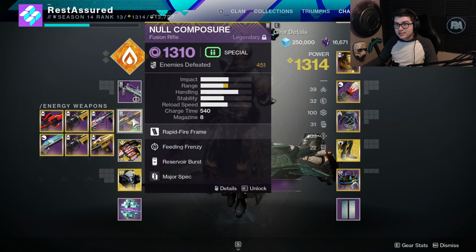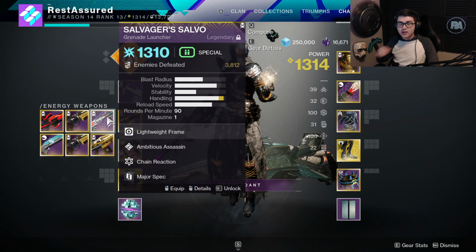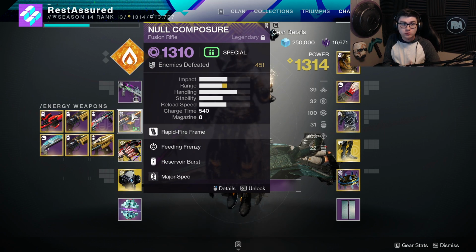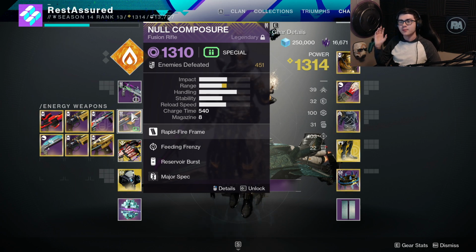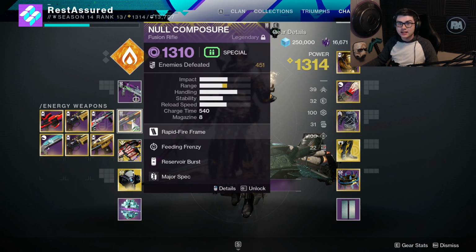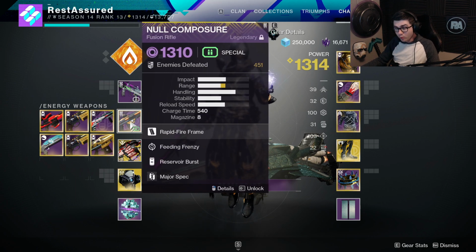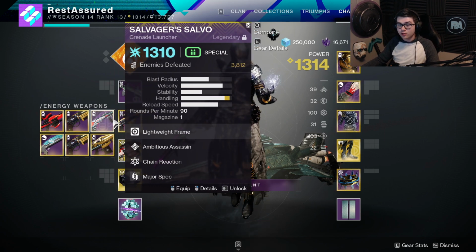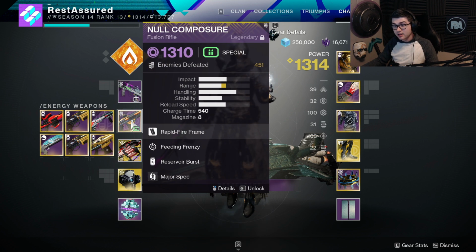The only thing is, Null Composure is easier to use than Salvage Salvo, because obviously you can't shoot a grenade launcher at close range because you'll die. But the fusion rifle, you can. You shoot it at any range, obviously not super long range, not this one at least, because it's not going to hit an enemy. But it has more ease of use than Salvage Salvo. But I honestly think you're going to get more out of Salvage Salvo and Chain Reaction than Reservoir Burst with